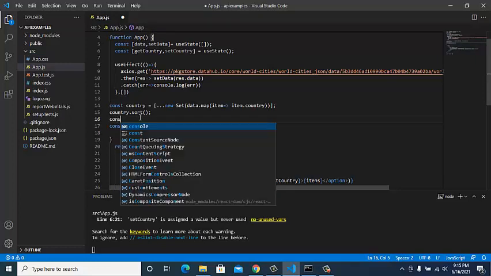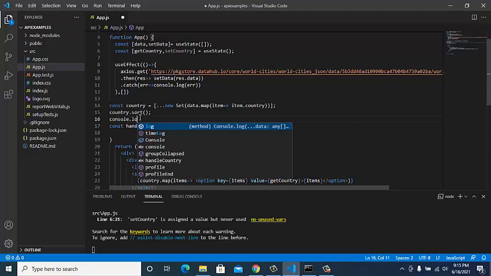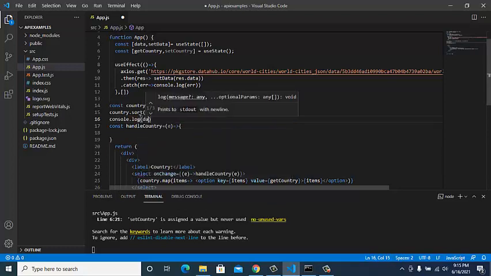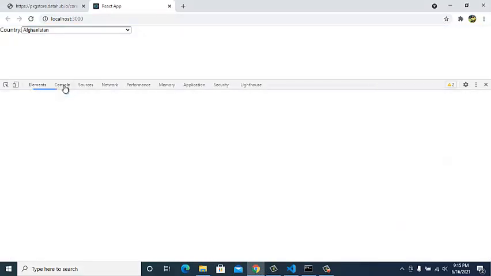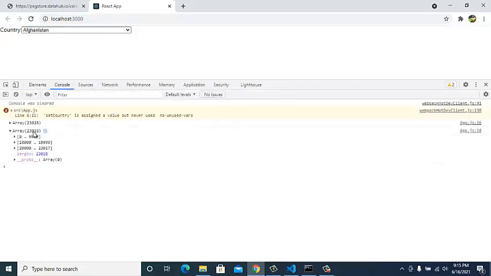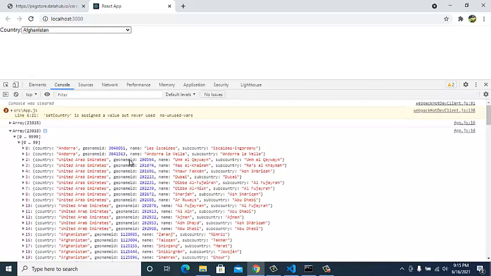So console.log data. With this data we have to filter out the states from it. States are coming in sub-country. See this data: there is country, there is name, and there is sub-country. This sub-country we have to filter out as the state.